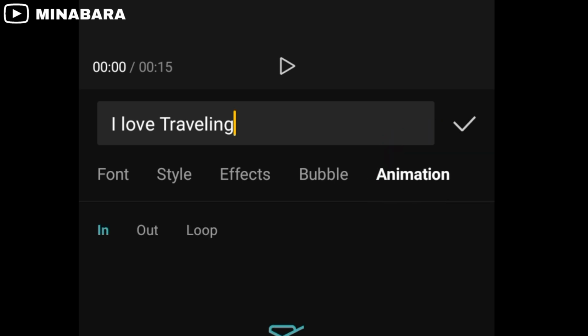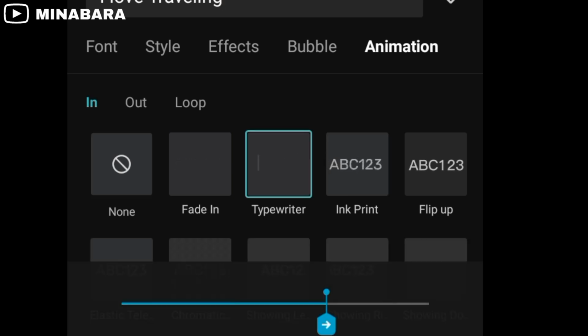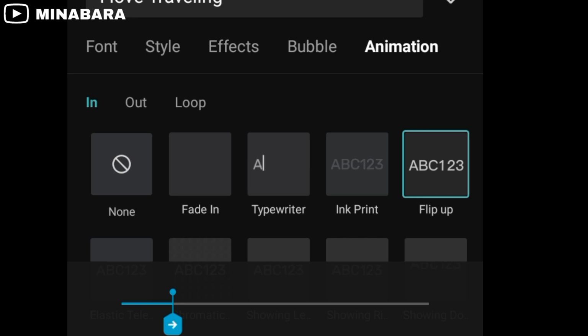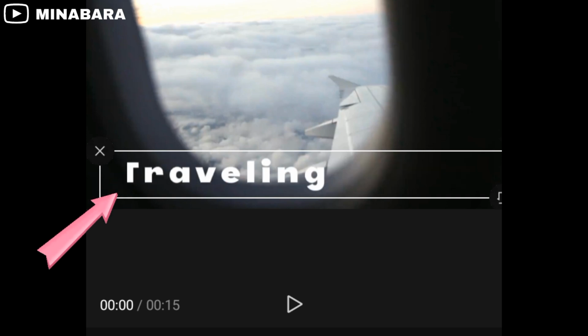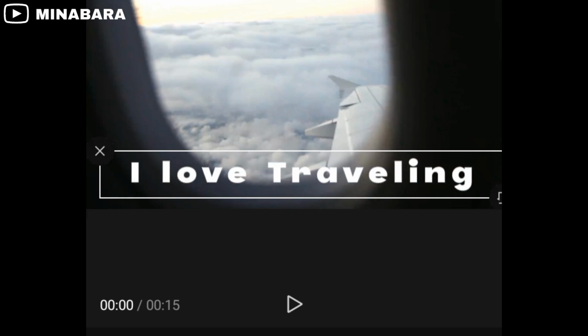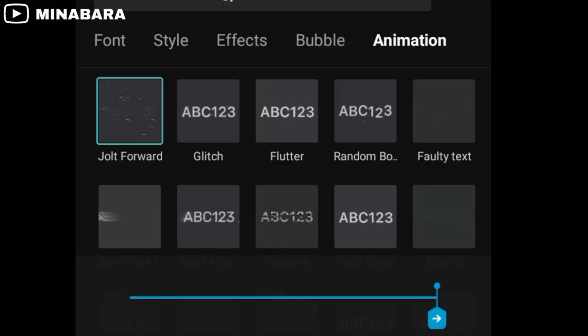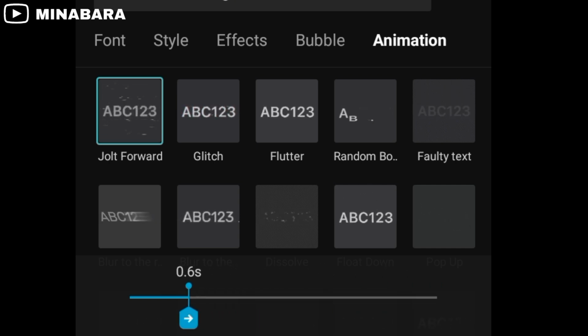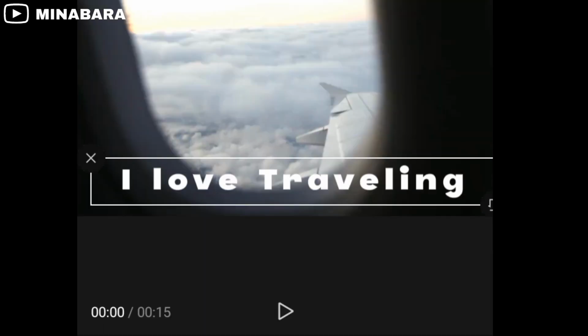Finally, animations. Feel free to use any animation of your choice. To adjust the speed, just drag the blue line forward and backward. Drag the blue line backwards to speed up your text animation and drag the blue line forward to slow down